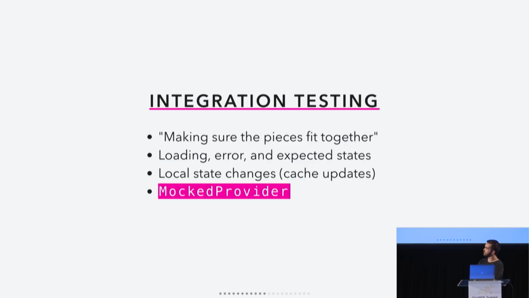But there's also more to this. Not only do you have to figure out whether this is rendering the right thing, you also have your loading and error states, things that aren't going to be at the front of your mind when you're developing, because you may have data mocked and right at your fingertips. But in production, you're going to have a loading state almost every single time. You're going to have an error state maybe more times than you'd like, and these are things that you should definitely be testing for.